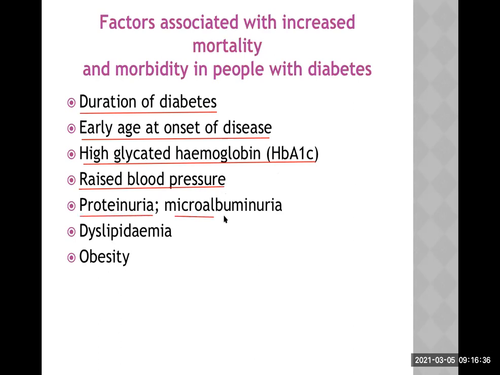Proteinuria or microalbuminuria, now this is renal involvement, okay, in a case of diabetes, means already diabetic nephropathy has developed. Dyslipidemia, if lipid level is high in a case of diabetes, they can quickly develop atherosclerosis and a lot of other problems. And obesity is also not a good combination with a diabetic patient. Having said that, type 2 diabetes people are usually obese, okay, and obesity is also associated with hypertension. It is associated with hyperlipidemia and type 2 diabetes as well, so not a good combination to have.